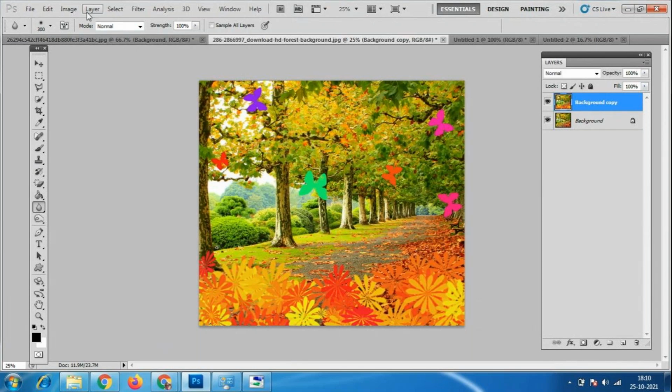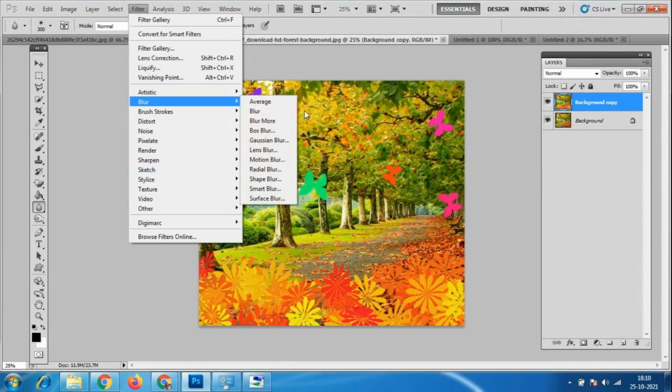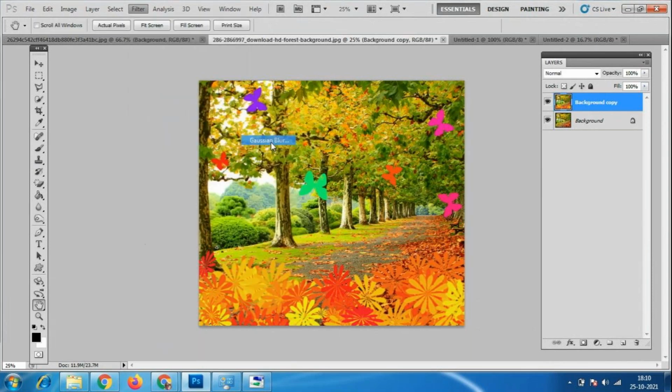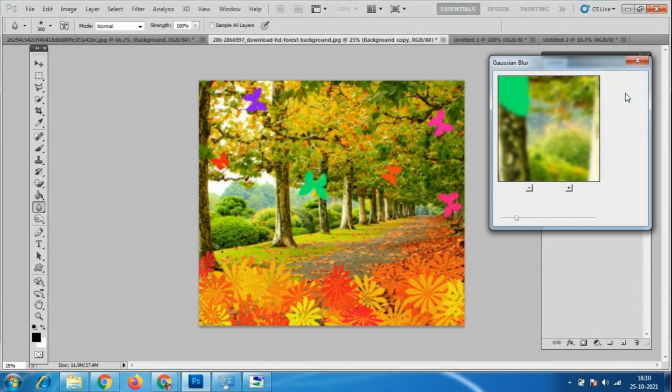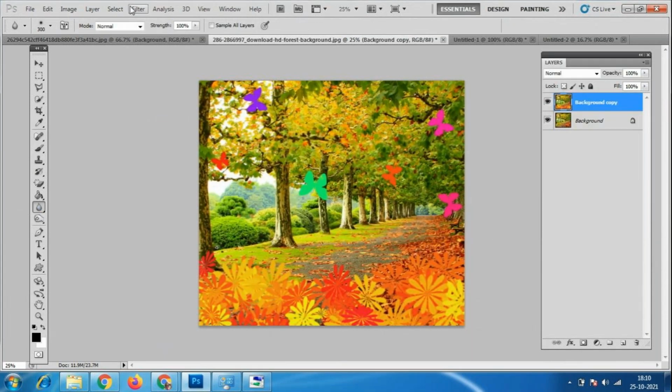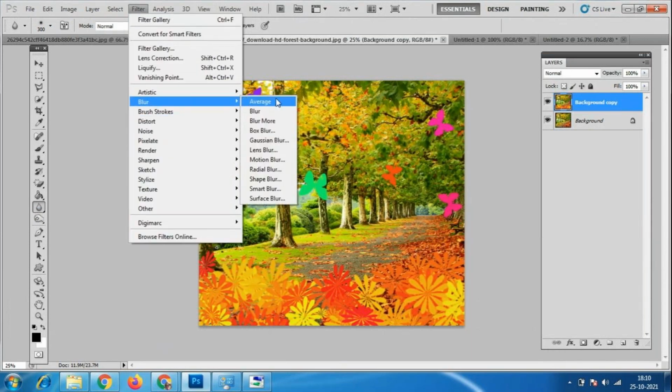Otherwise we'll go to the filter, where we have blur options, which you people already know. That is called Gaussian blur. It will make the background completely blur. Once somebody knows this, there is no need to go for the blur tool. It will apply automatically. However much blur you want, average blur or more blur in the background, we have to select the particular area and we can make the blur over here.